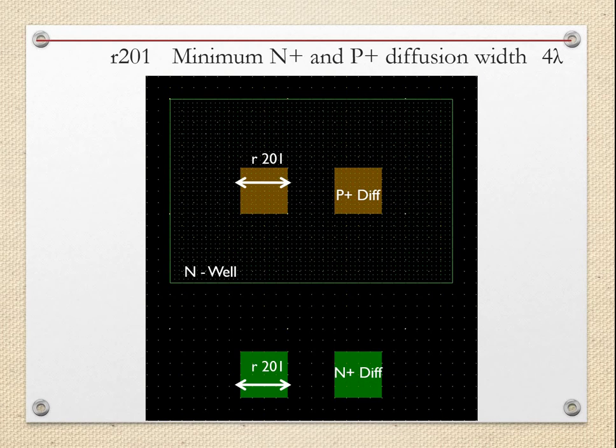Now while checking these rules, you will understand the importance of this dotted square structure, because these dots are there from which we can directly measure the lambda parameters for this particular layout. So this particular structure, which is a dotted closed rectangle, is for the n well, and these are the P plus and N plus diffusion. N plus diffusion is green color, and this yellowish green is for the P plus diffusion.